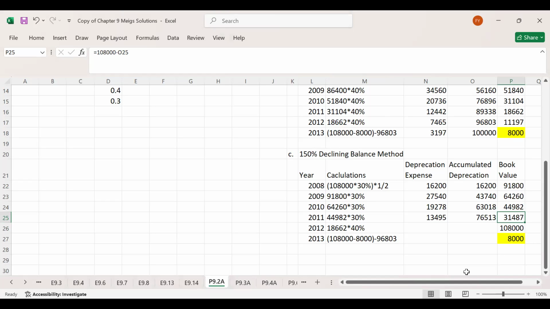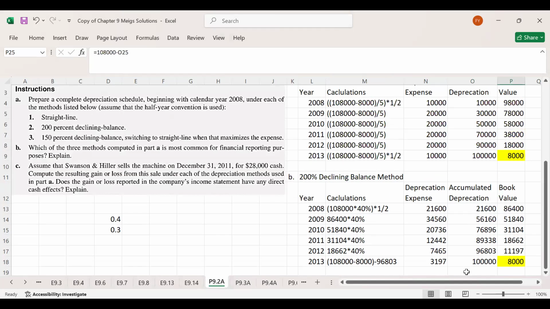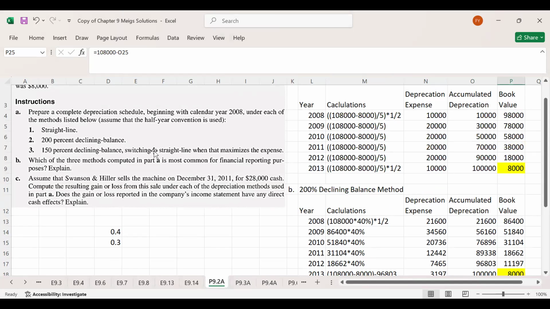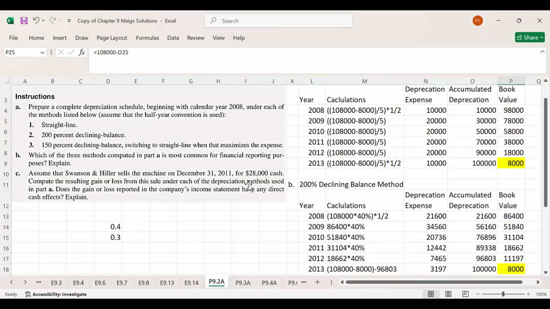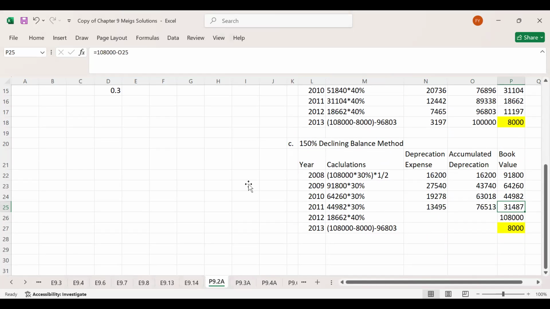Now, the next thing is, as it is mentioned here, switching to straight line when that maximizes the expense. So here you can see we are switching this method to the straight line method. So for straight line method, whenever we switch from one method to another method, we need to calculate the book value. So book value is mentioned. Straight line method, book value is here